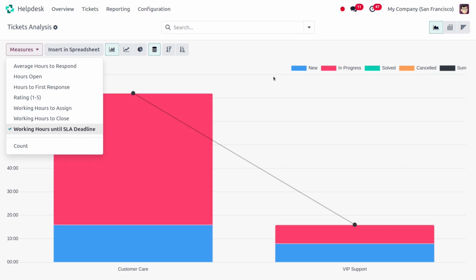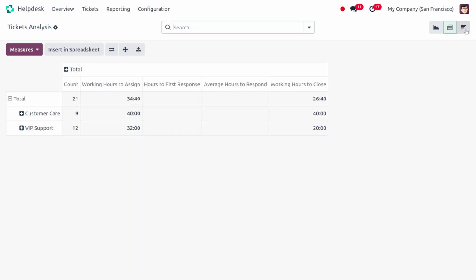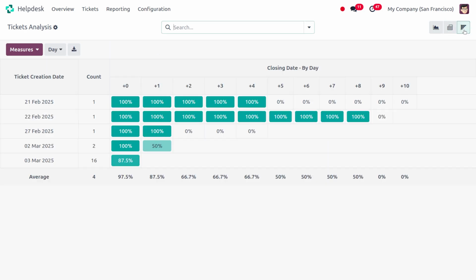And you can see the switch between the analyses over here. Here we have different representations or views such as graph, pivot, and cohort. When you use different measures, that will be shown over here.